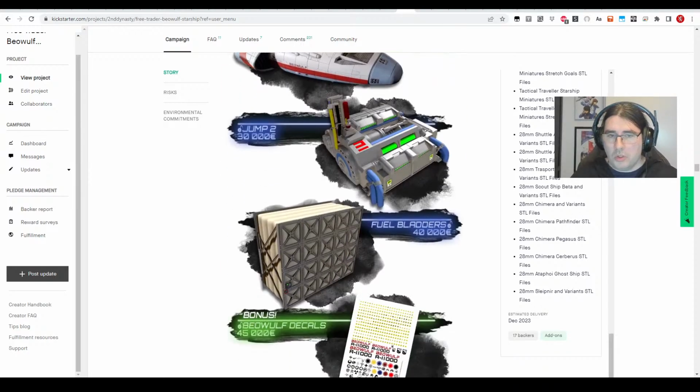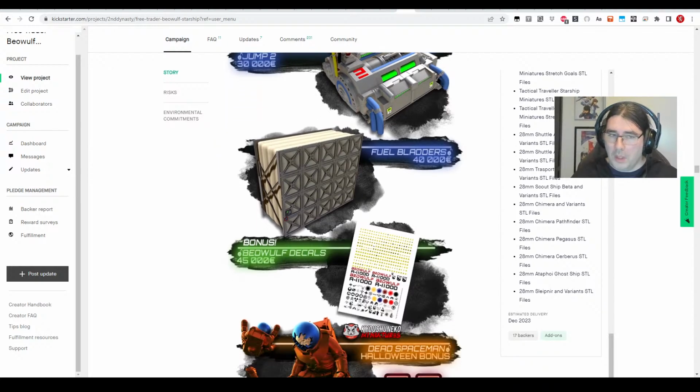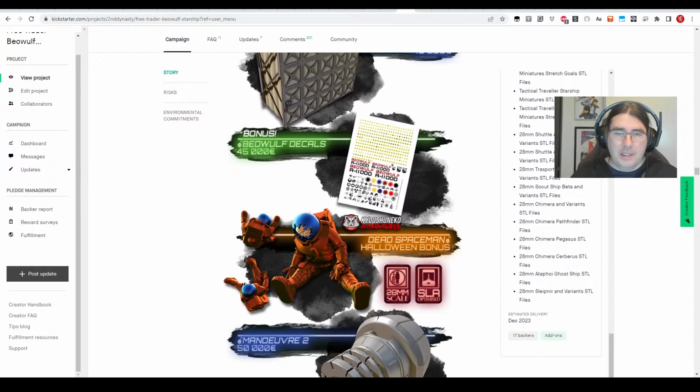So we have unlocked jump drives. They're quite a bit bulkier. We can look at them in a second. The fuel bladders I was working on this afternoon. The decals, I did some very basic ones that I used on the Beowulf. I'll probably change these up for the final version. So maybe I'll put out this version as we release,